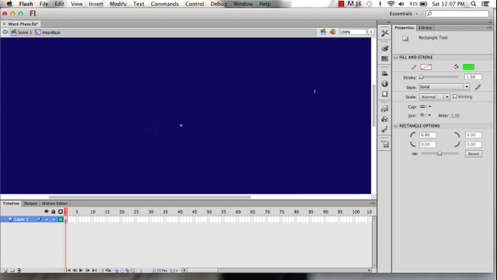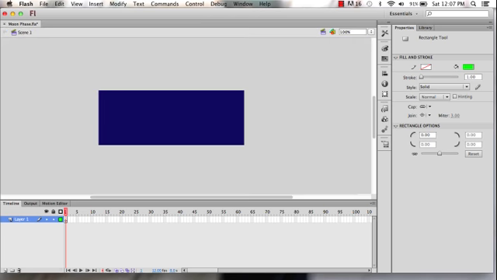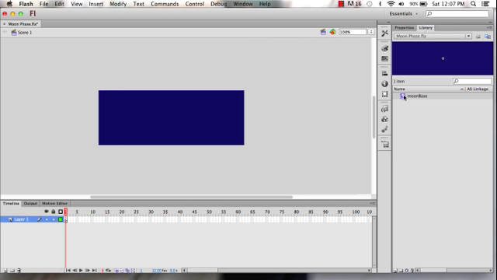In fact, Flash has more than one timeline. There are what's called nests of timelines. If we click on Scene 1, you'll note we go back to the original movie, and this is our timeline here for the entire movie, or for the first scene. If we click on the library over here and double click on our Moonbase, you see our Moonbase symbol is in the library. If we double click on that,